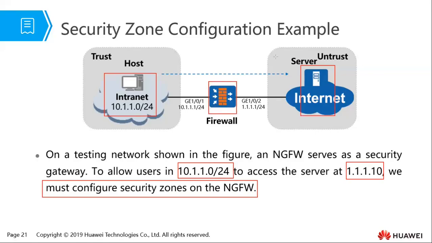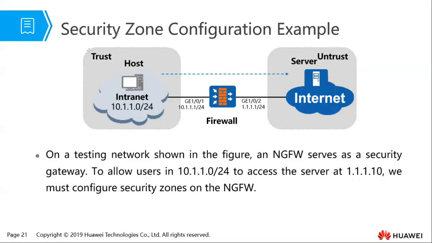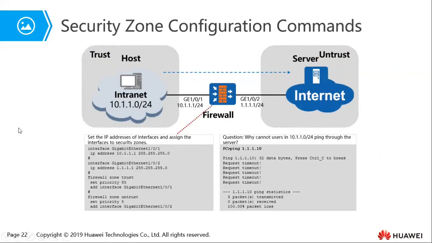As you can see from this figure, we are going to configure our internal network as a trust zone and the internet, where the server resides, as the untrust zone. By doing that, we are simply configuring this interface as a trust zone and this interface as an untrust zone. Then we can come up with a policy to filter packets there. So how that is done,